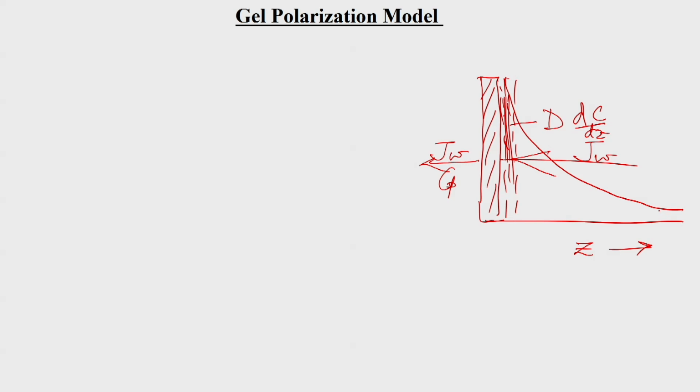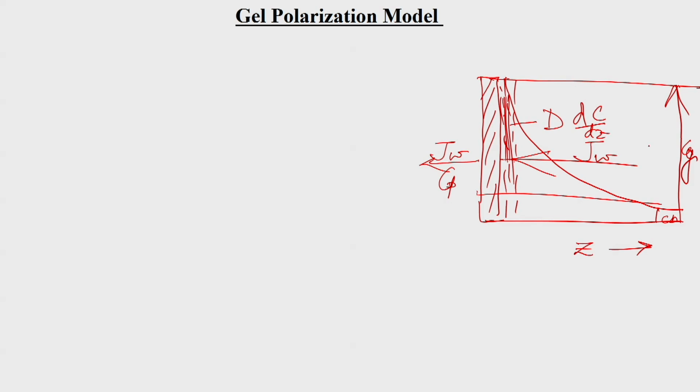Here the bulk concentration will be Cb, and the maximum concentration will be Cg. The gel concentration is such a concentration where we should get 0 flux value, or we can say there will be no permeate flux. Okay. So, delta is here also, up to what distance the effect of the solute, the effect of the membrane, is there. So, that delta is the thickness of the gel layer. After that there is no effect of the membrane surface.